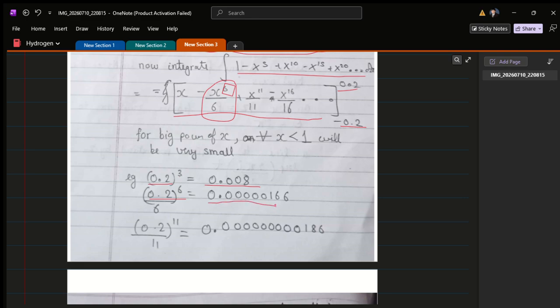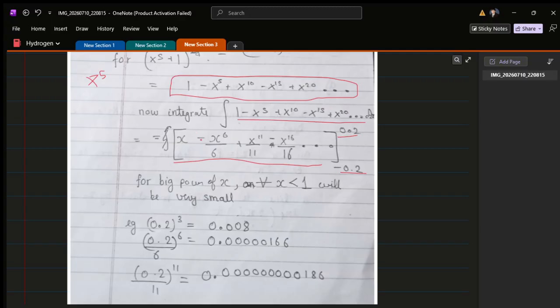It will yield us this. The third term itself becomes this. So you can imagine how quickly these values are approaching 0, and moreover, to make matters worse, this is minus, this is plus, this is minus, so these actually cancel out each other,